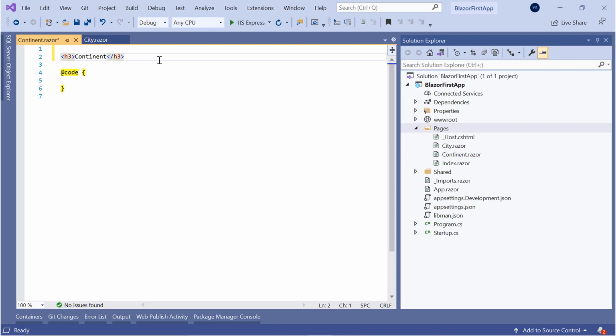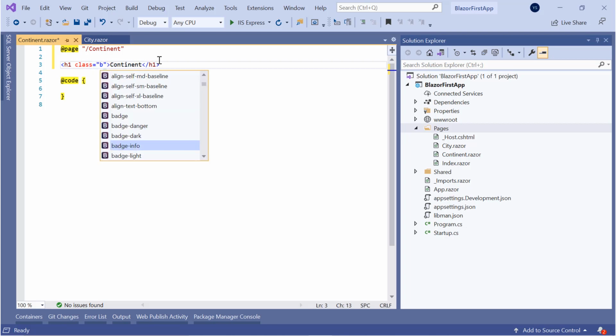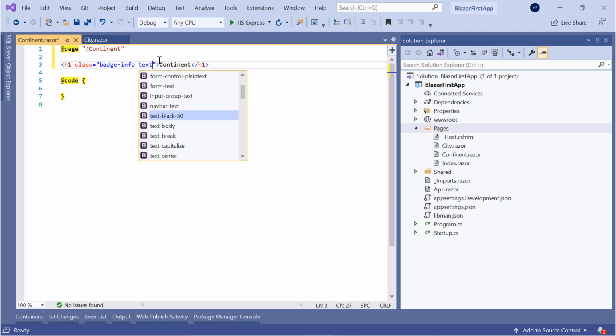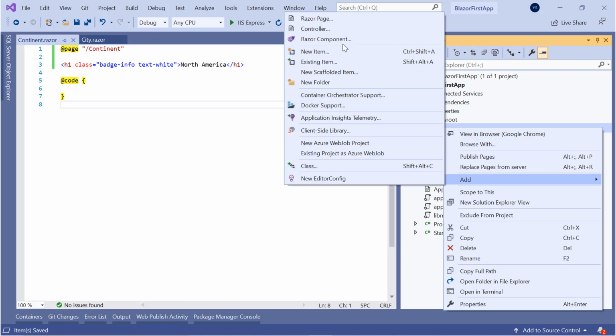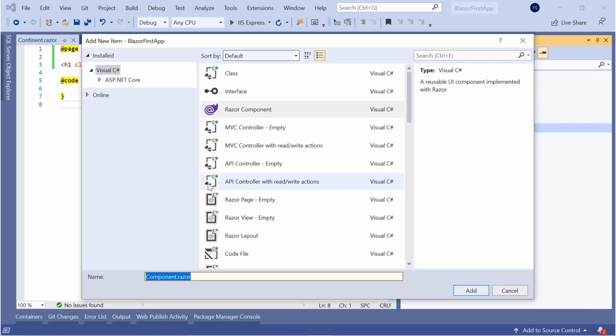Add it, and similarly give its route as continent. h1 class bg-info text-white, and the continent name is North America. So this is another Razor component. And the last one you add and name is country.